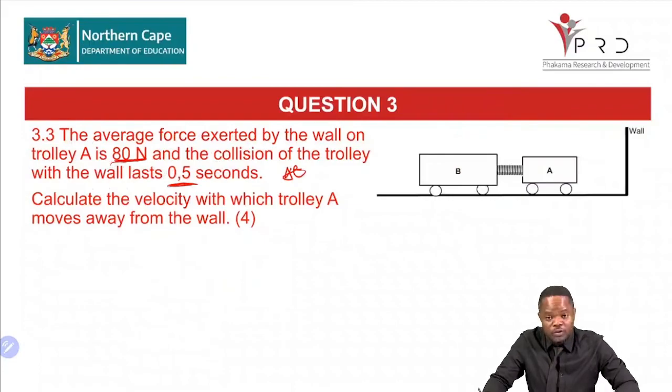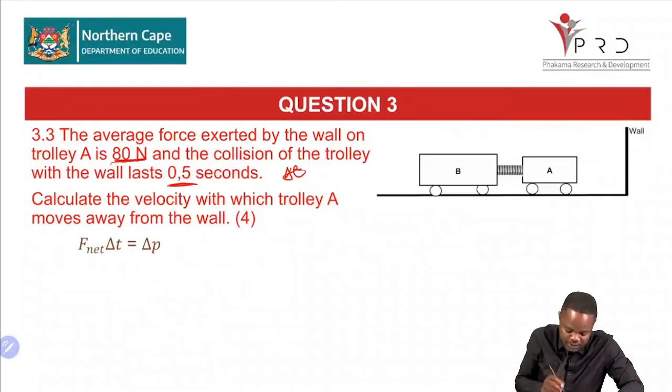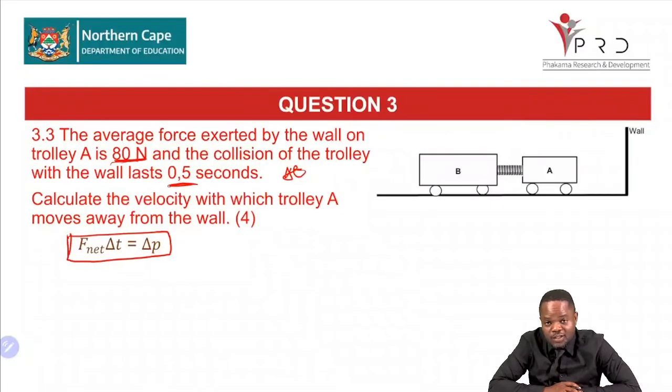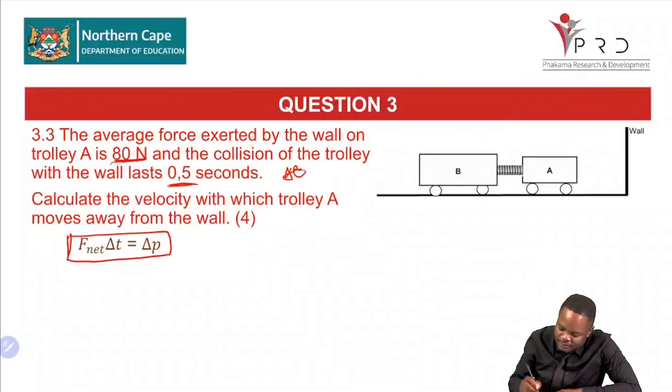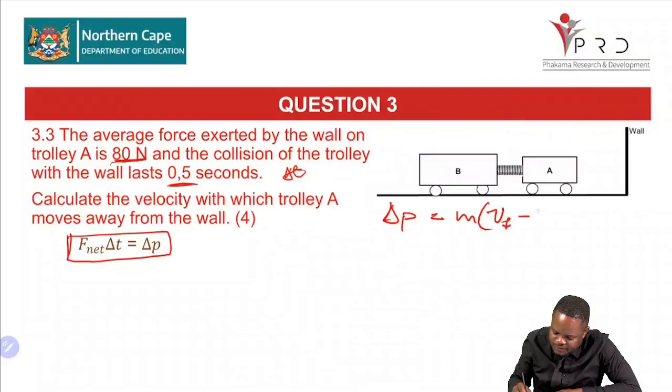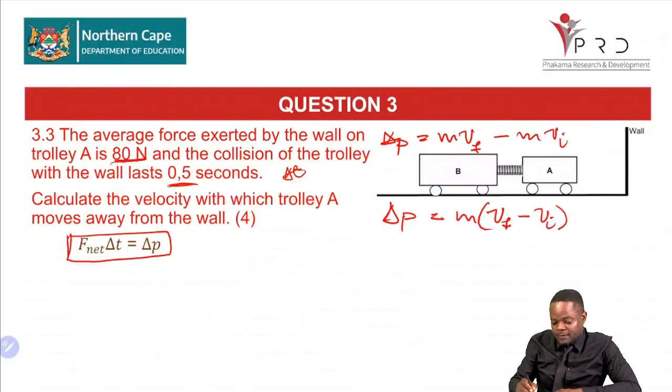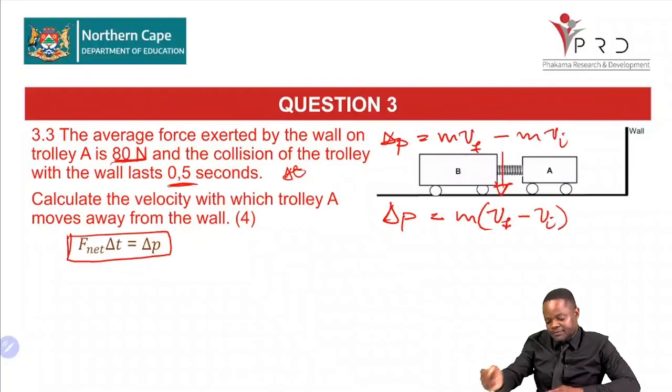So now, how are we going to go about it? The first thing is our formula. Okay, F net delta T is equal to delta P. Remember, what is our delta P? Our delta P is mass multiplied by the final velocity minus the initial velocity. We're saying change in momentum. It starts from here as a reminder. Change in momentum is final momentum, mvf minus mvi. And remember, we're just using our mathematics there to factorize to lead us to that simplified version